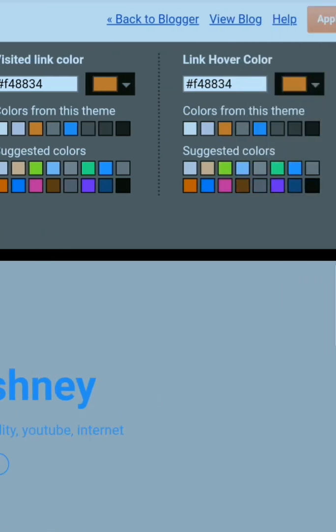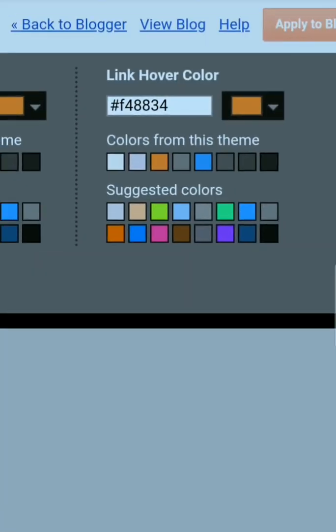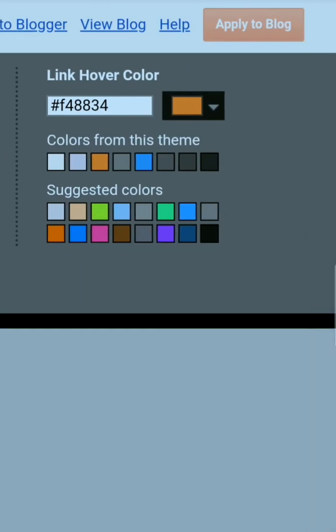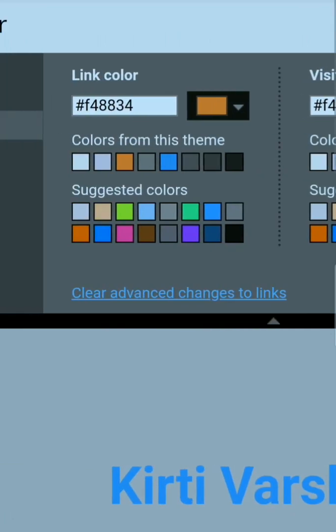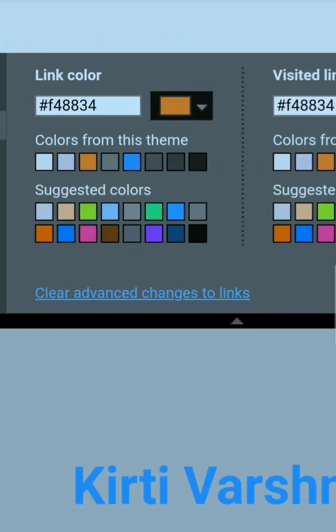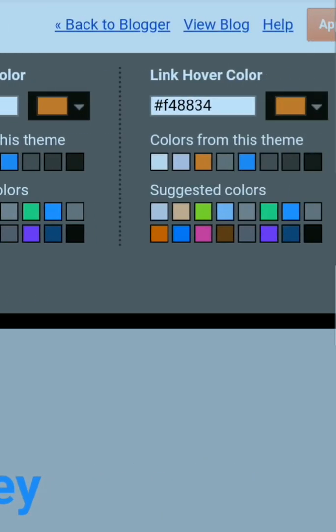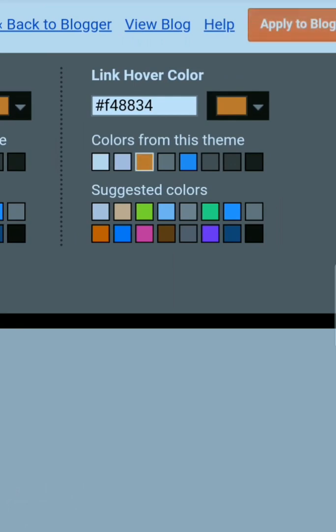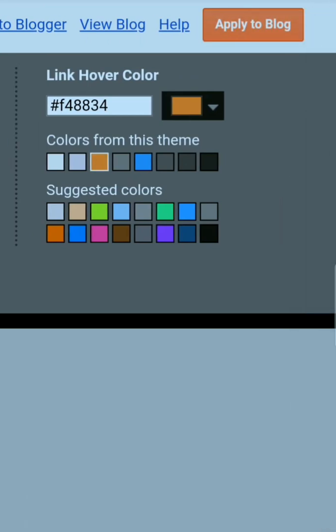You can if you want, but I'm suggesting you choose a light color, so that's why I am choosing orange color. Link hover color, so for link color, visited link color and link hover color, for all I've set orange, and I'm going to apply to blog.